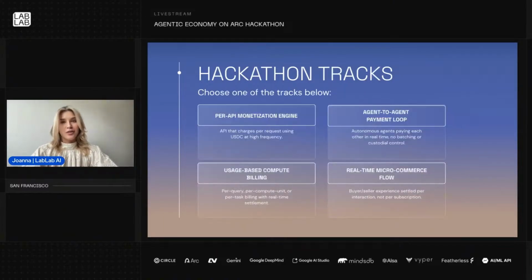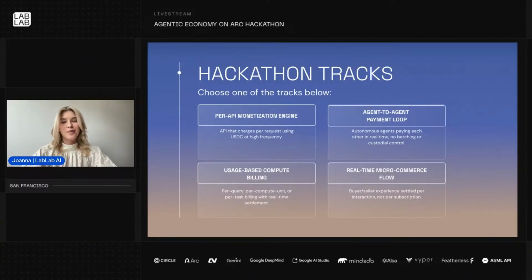There are multiple tracks that you can tackle during this hackathon. So here's what you can choose. You can build a per API monetization engine, so an API that charges per request using USDC at high frequency. Then agent-to-agent payment loop, so autonomous agents paying each other in real time without any batching or custodial control.